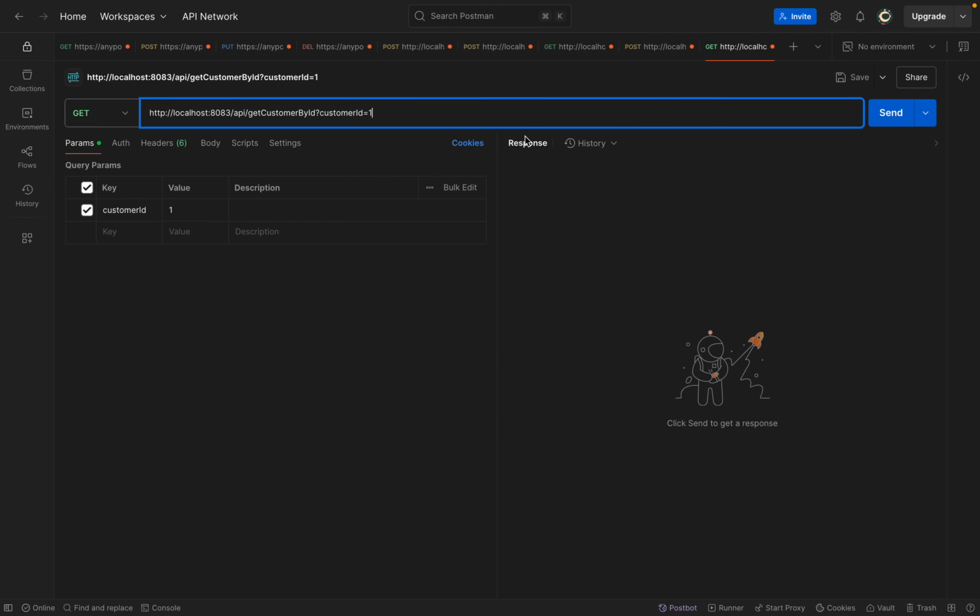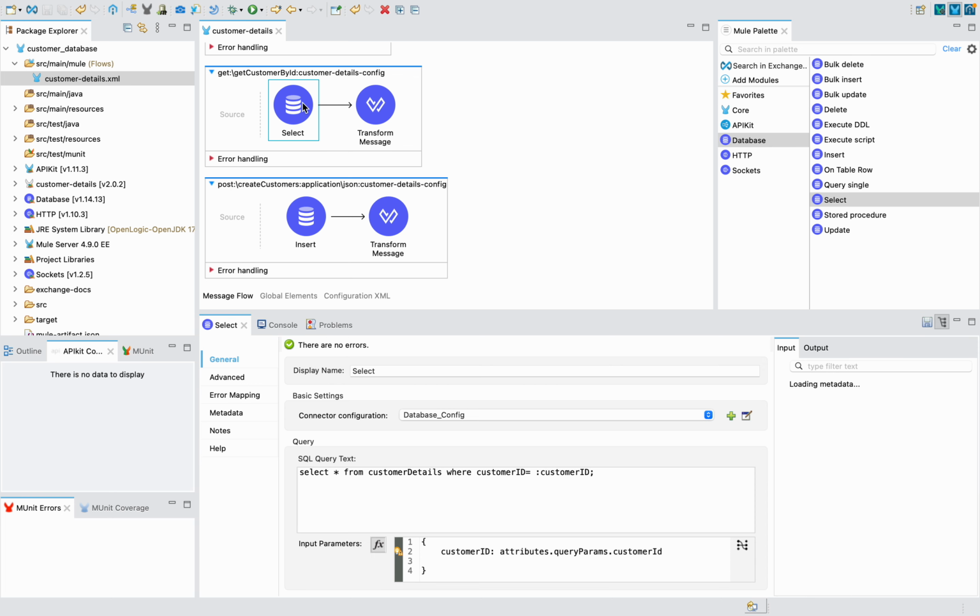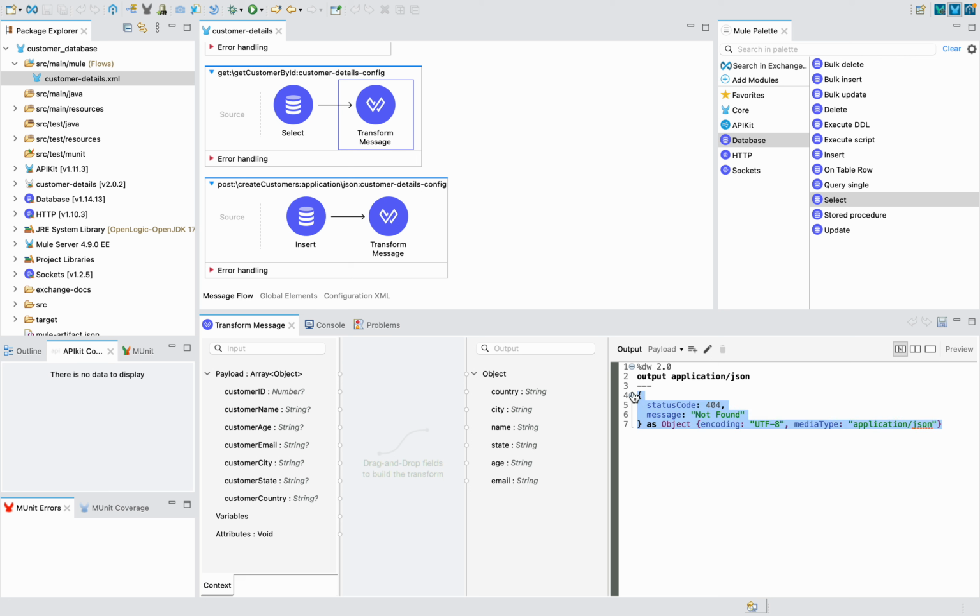So something is coming. This is not related to our database, right? This is coming because if you go to your Studio, here we have given what we need to select, on what basis we need to select. But in this transformation we did not give anything. If you observe, there is something, right? That is what is getting displayed. So in the morning also, that's why your name was coming continuously. So now we need to just put payload,